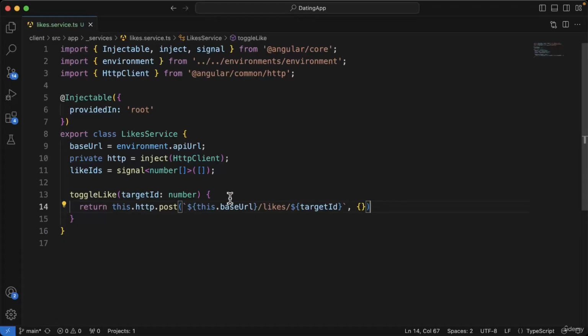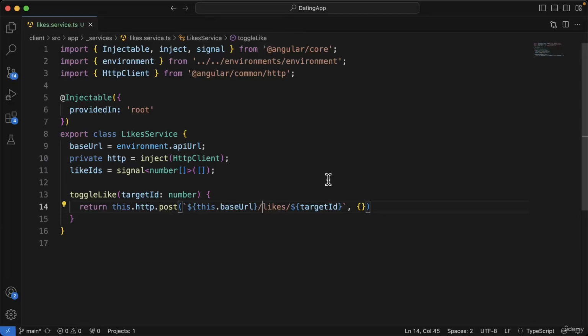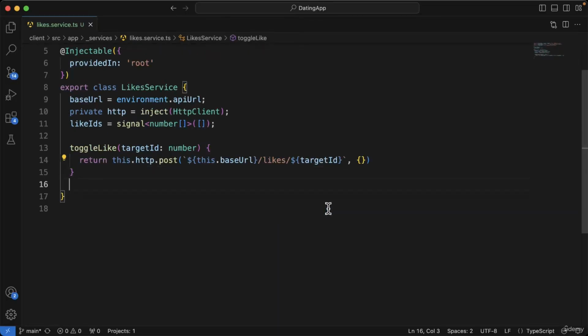So do watch out for the URL. It's quite easy to go wrong here and forget to add the / in between the base URL and likes. So we definitely need those / where I've specified them there. And that will take care of the like toggle. Then we'll add one for getLikes, and this is going to take a predicate, that's a type of string,